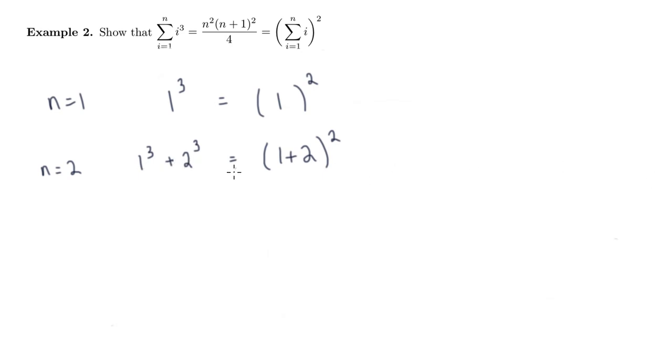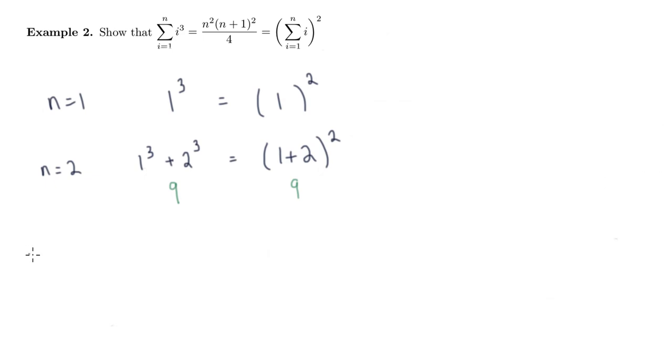So here we have 9, 1 plus 8. And then this is 1 plus 2, 3. 3 squared is 9. Okay, so a little bit more interesting. You see, if I just say 1 cubed plus 2 cubed, that's the same thing as saying 1 plus 2 and then squaring it. Okay, so maybe that's just coincidental,